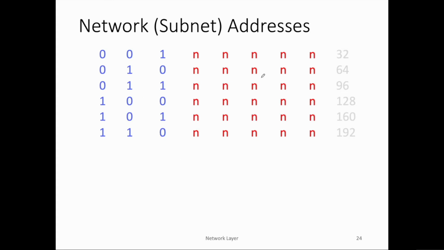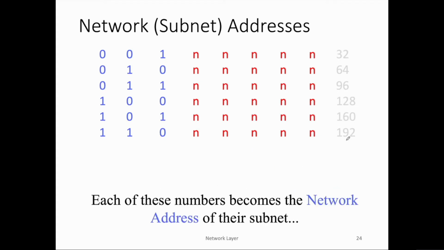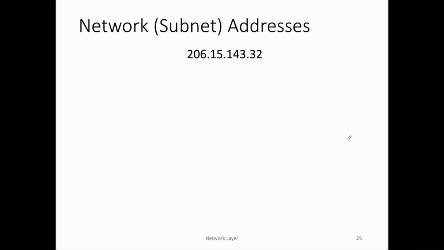And if I don't want to go through this tedious process of placing the combinations and calculating these values, I can apply the first combination, which will give me the first value, that is .32 in the last octet, and I'll add 32 to 32. I'll get 64. I'll again add the first value, 32 to 64, which will give me 96, and again add 32 to 96, 128, add 32 to 128, 160, and so on. So these are the usable subnet addresses, right? The first three octets were already assigned by our ISP. We cannot change them. Why? Because